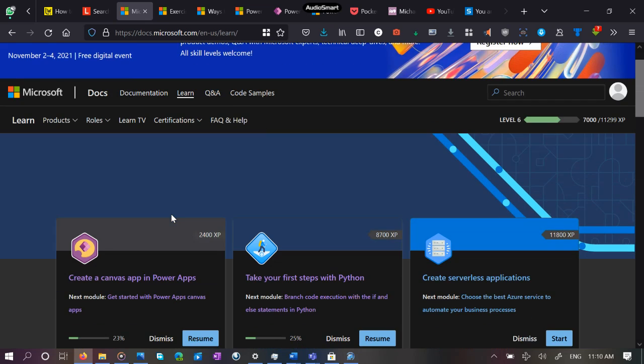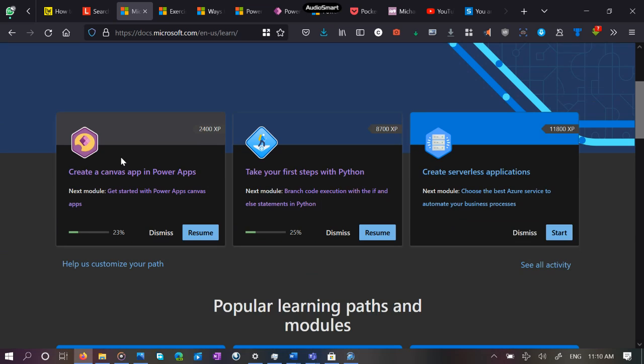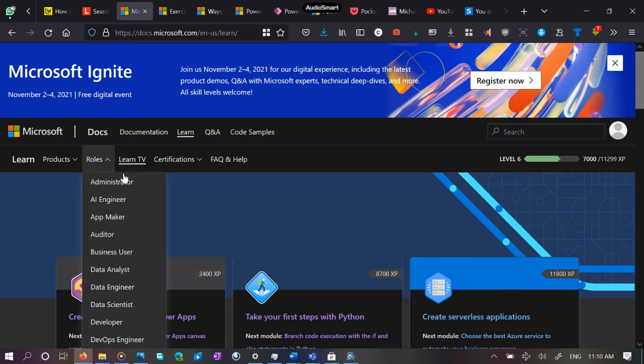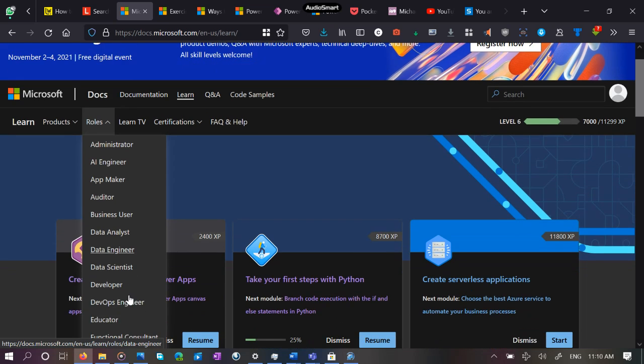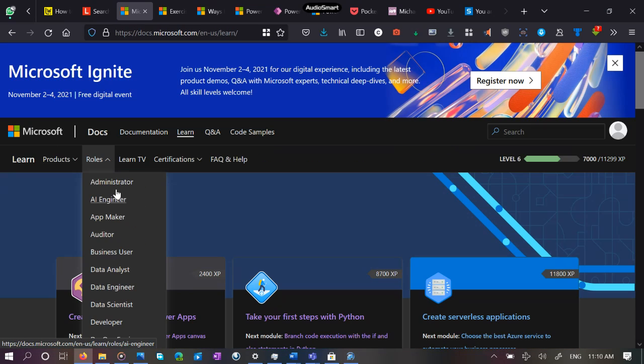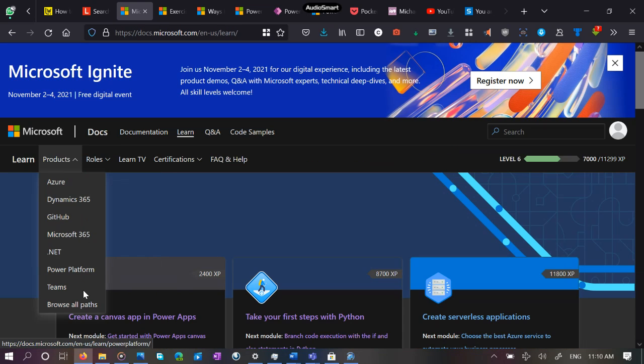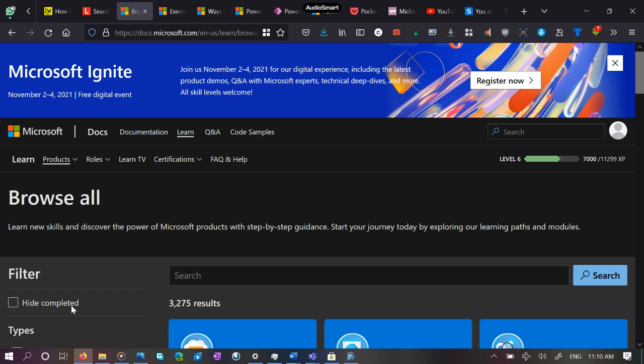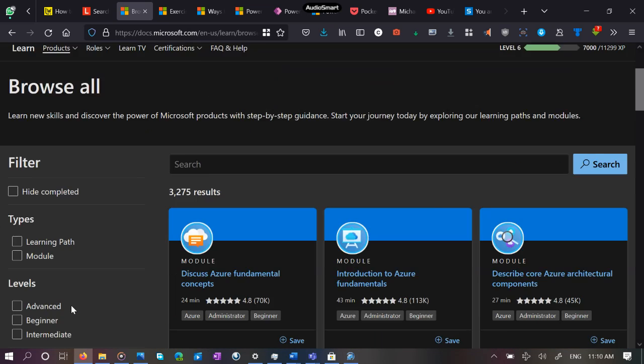But okay, so we went to my homepage, and my homepage already has this right at the top because I already checked it out a bit. But let's go. It says roles here. I think if we just scroll down to the bottom. Oh wait, no, that's what it says too. So let's go. It says products. Right at the bottom, it says browse all learn paths. You click that. You should go to the page that pretty much has everything.